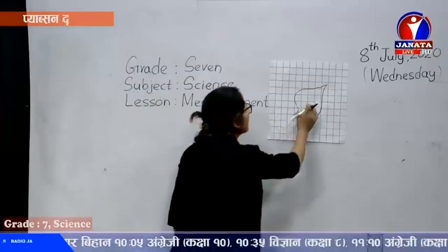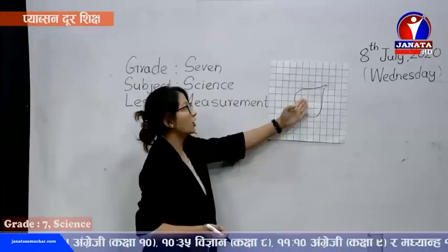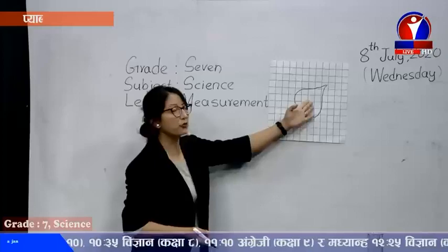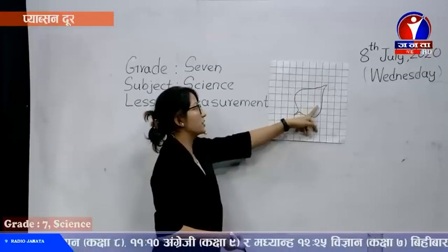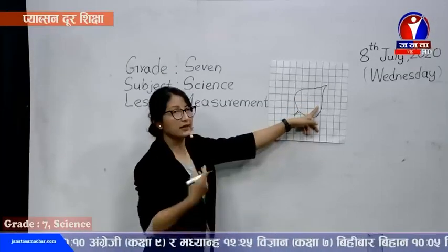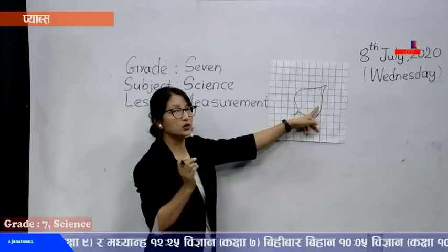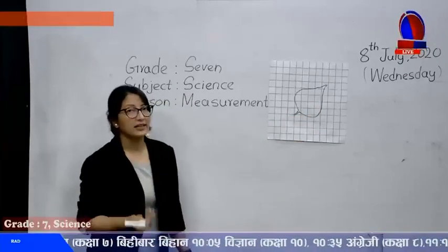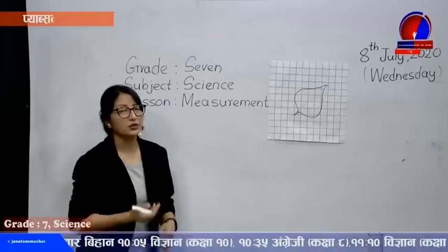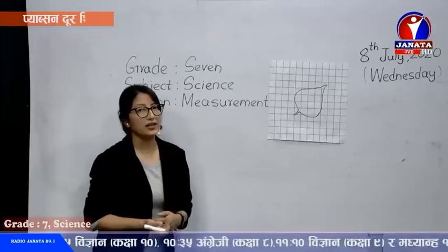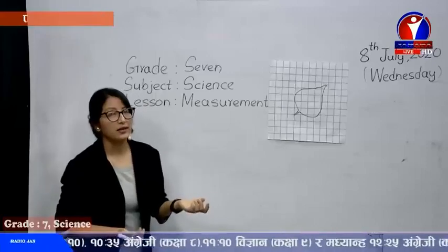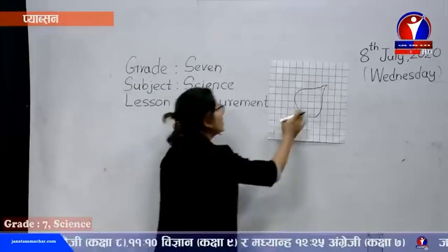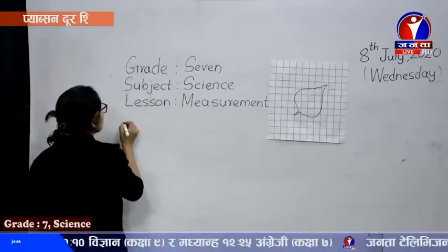Now what we do is, we go on calculating the number of squares in it. As we all know, in a graph paper, each box represents a square. In a graph paper that you normally use, 1 square is equal to 1 centimeter, and a square, we all know, has all sides equal. So the square area is L into L, L square. In previous numericals we also solved this. Now let's get started.